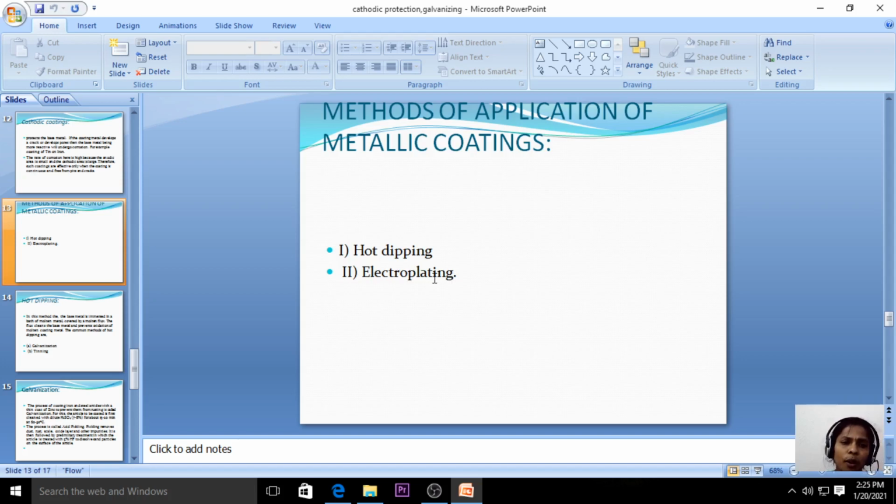So we know various corrosion control techniques. Applying paints is also one of the protective coatings, but it is not part of our syllabus. In our syllabus, we are having only the hot dipping process. There are various metallic coatings, but out of various processes, two are the best metallic coatings. One is the hot dipping process and the other is electroplating. So let us see the hot dipping process.